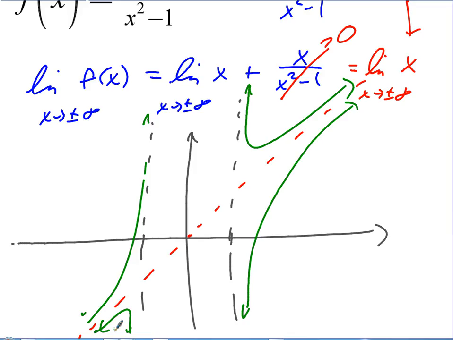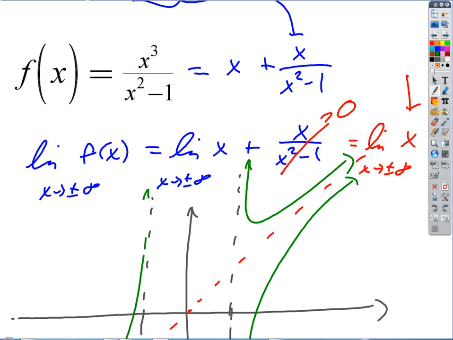Okay. When do we look for that? What's the fingerprint of a slant asymptote? If we go back and look at the original function. Okay, good. So we've got a rational function, so a ratio of polynomials, right, where the order of the numerator is exactly 1 higher than the order of the denominator. And then we know when we divide it out, we're going to get something like this going on, right? I'm going to end up essentially getting, the limit is going to be a linear equation, y equals mx plus b. And in this case, b just happened to be 0, but it didn't have to be.